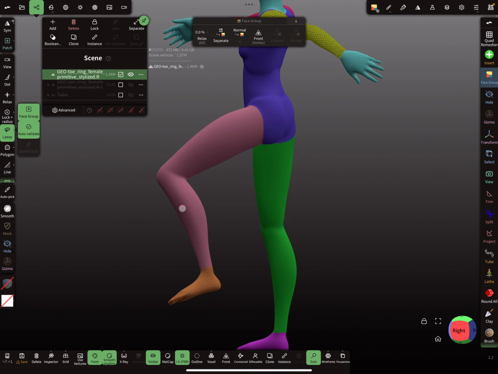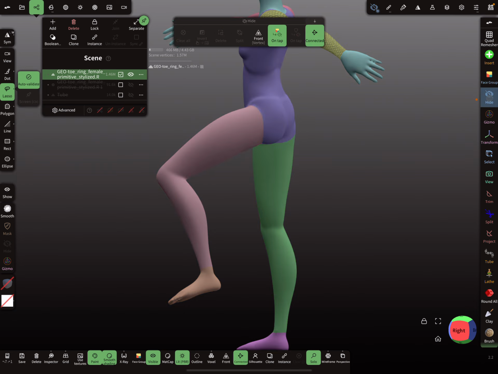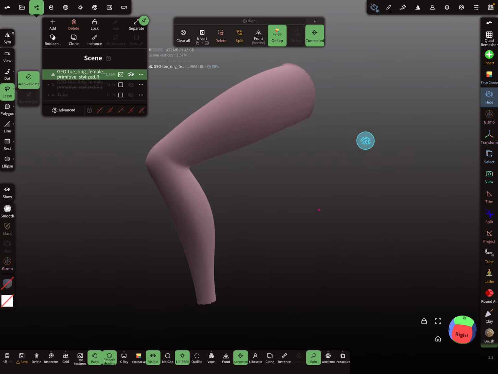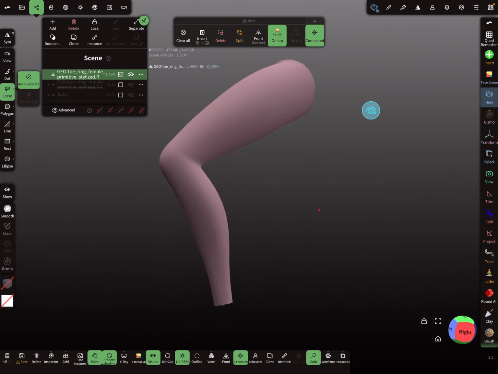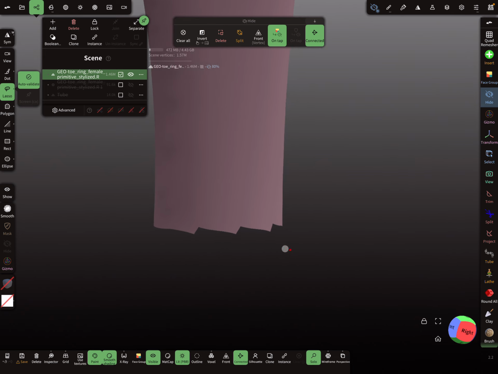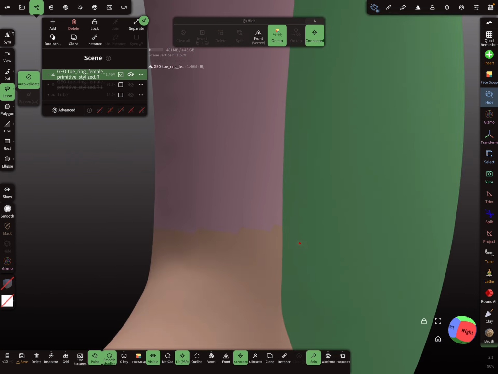So we have now the face group here on the leg, and now I'm using the hide tool. So, and I tap on the leg, and I use the invert option to see only this part of the mesh. And you see here it's a little bit jagged, so we can go back, clear all,